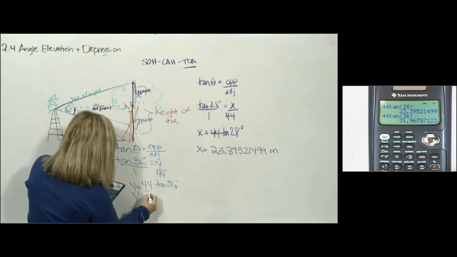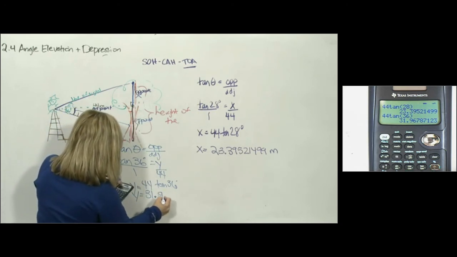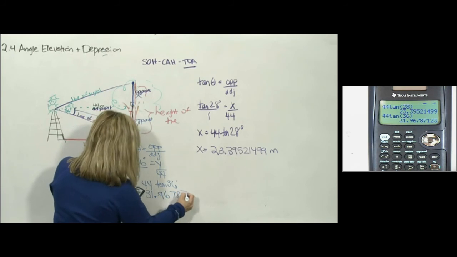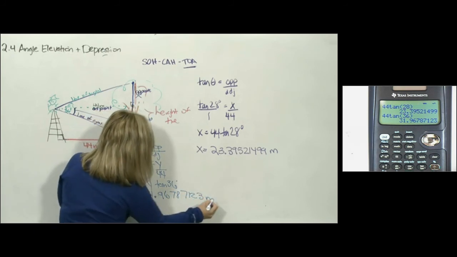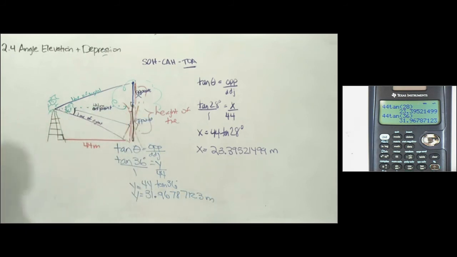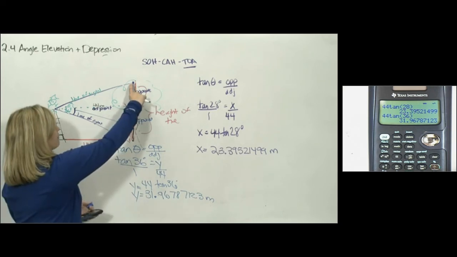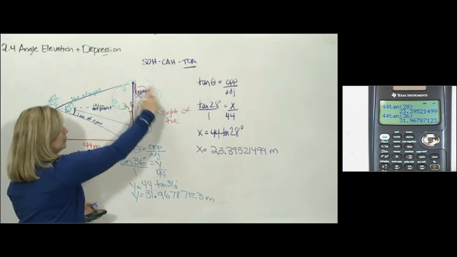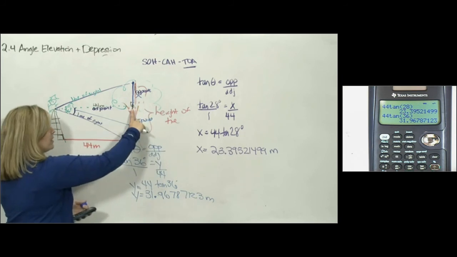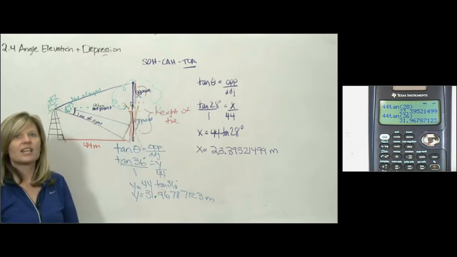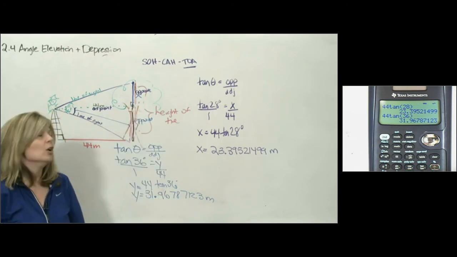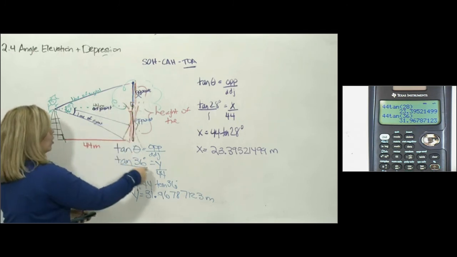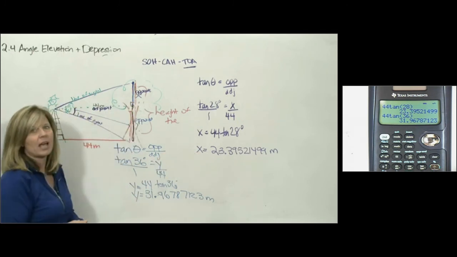So Y is 31.9678712 meters. So what you found is you found the height from here to here. You found the height from here to here. But the question said to find the total height. So to get the total height, all you got to do is take these two decimal numbers and do the